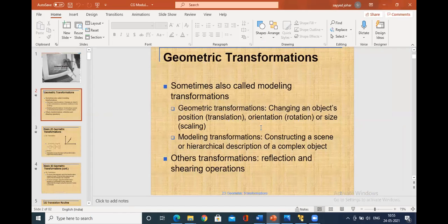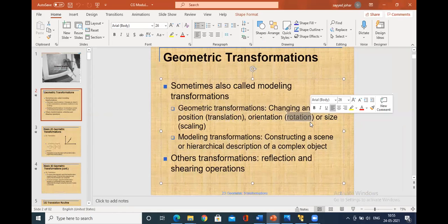Once again, maybe in terms of a position change, that is translation. Maybe in terms of some sort of angle, it is rotation. Maybe in terms of a change in size, that is called scaling. So these are all the concepts. We have translation, rotation, scaling, basically called transformations. Any changes that are done to the object or the primitive are called transformations.